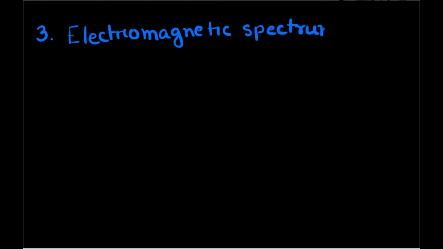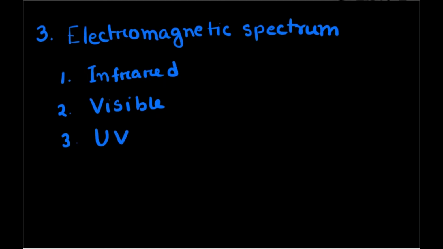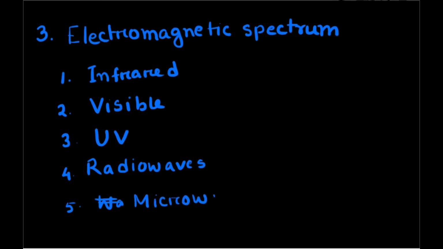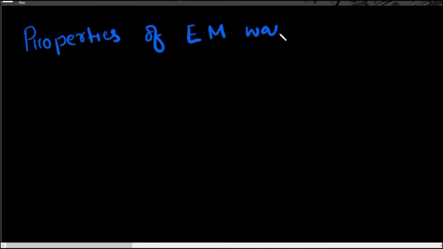So, the electromagnetic spectrum consists of different types of radiations such as infrared, visible, ultraviolet, radio waves, microwaves, etc. Next, electromagnetic waves have different properties. The properties of electromagnetic waves are, number 1 is frequency,